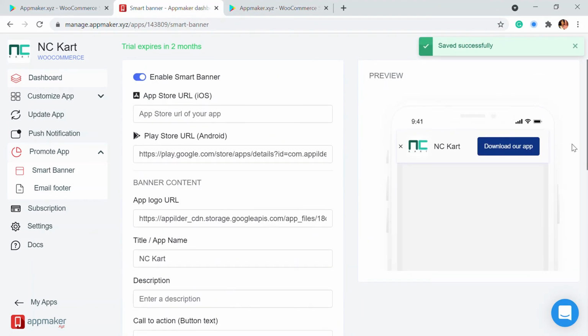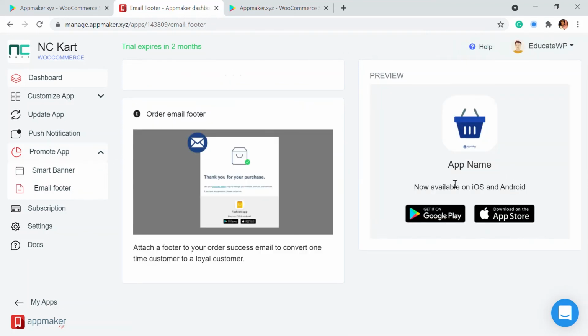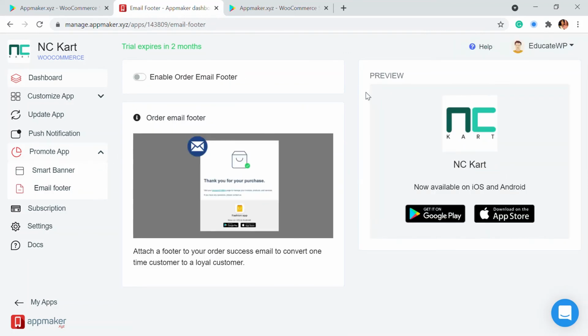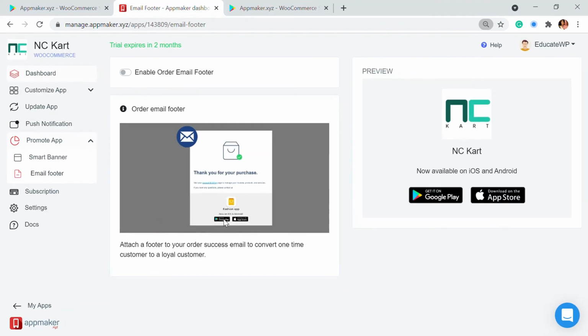This will be active as long as you want, and then you have another option, the footer email, so that all the emails that are sent from your website will have a footer like this. Here you will be able to see a footer section. This is what it looks like in an email.